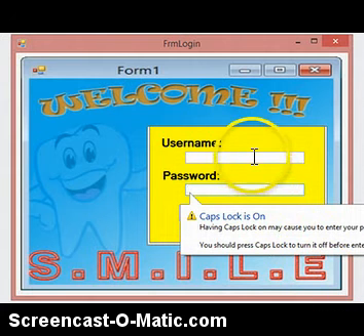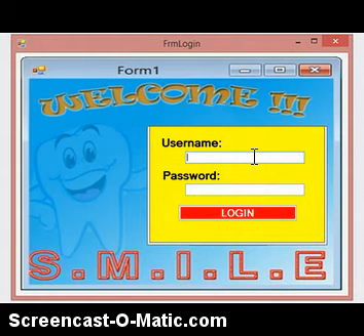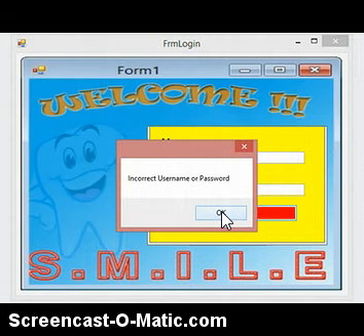I already created my account as dentist, so my username is 2311. Make sure you write the correct password and always keep your password in mind so that there will be no error.